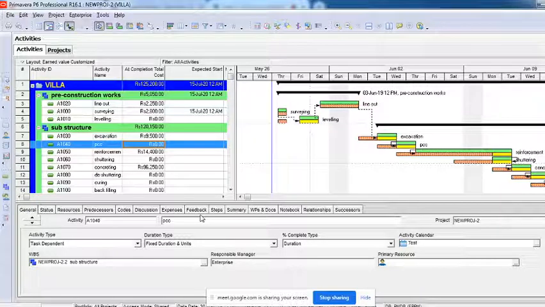For the first time, before you create a schedule, yes, if you change the calendar in the projects page in the defaults, then it will also be implemented on the activities. But once the activities are scheduled, no matter if you change the default calendar of your project, the calendar of your activities will not get changed. So to change something completely, there is an option through which you have to change it.